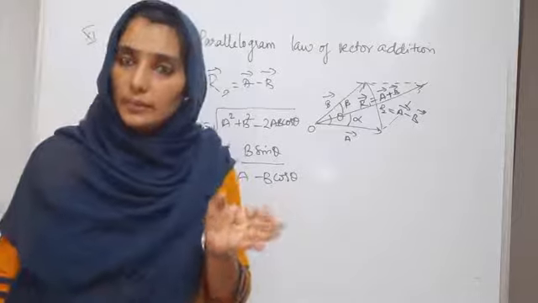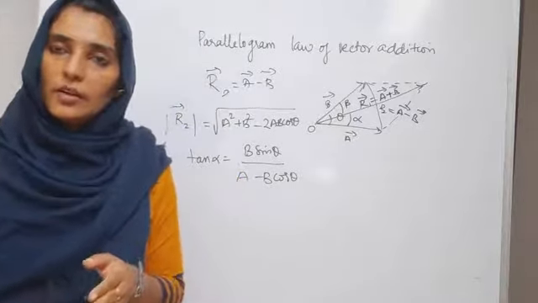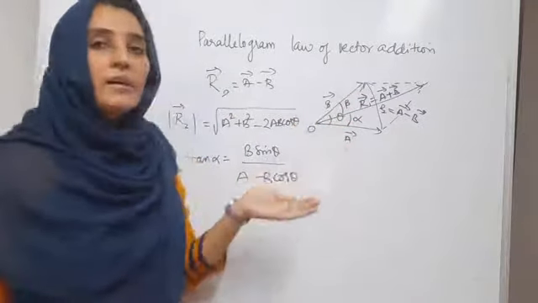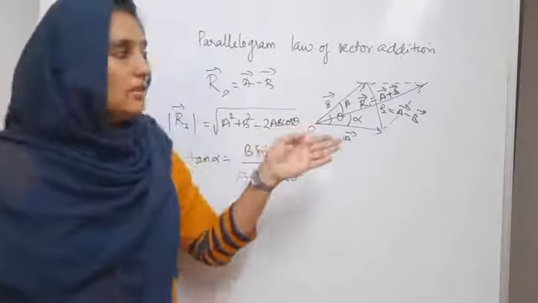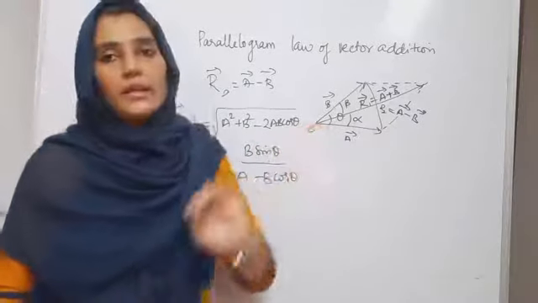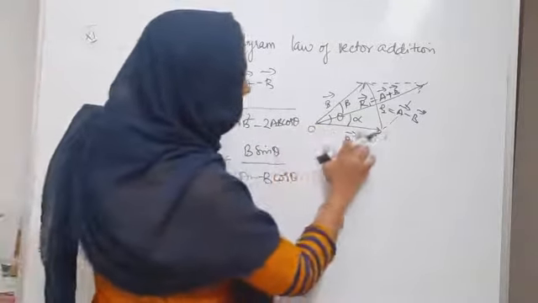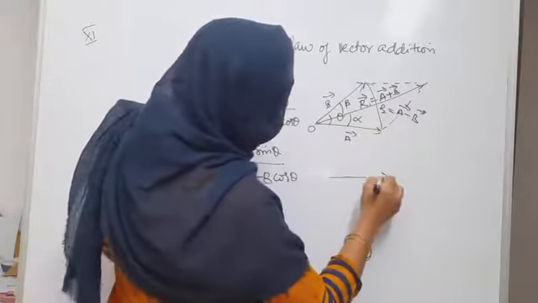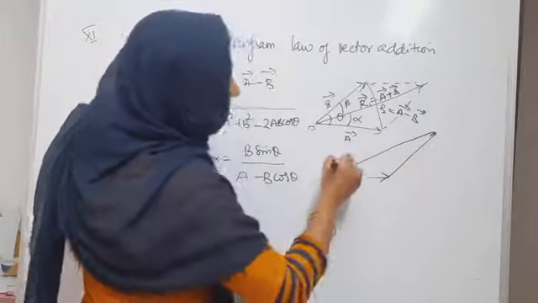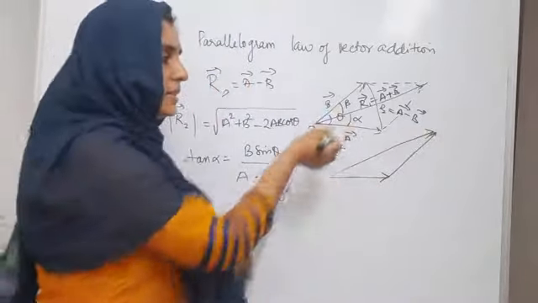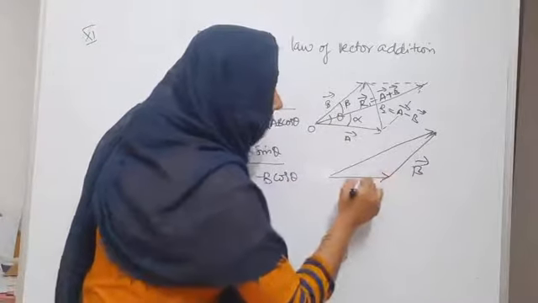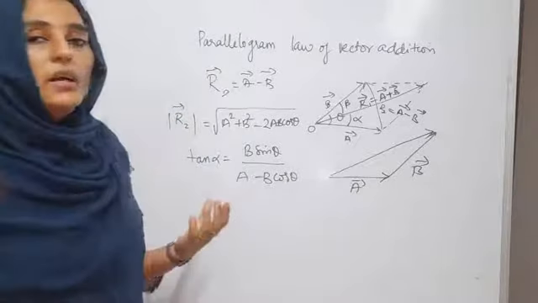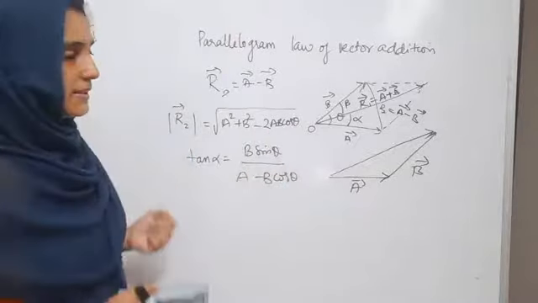Actually, the parallelogram law of vector addition and the triangular law are equivalent. We can show that they are equivalent by slightly shifting the vector from one position to another. Then this exactly becomes the triangular law as well, because if you have this as vector A and you shift the vector till it touches the tip of A, that exactly becomes the triangular law. So this gives you the triangular law of vector addition, which is equivalent to the parallelogram law. But for calculating the resultant and direction, you can use the formulae which we have already discussed here.